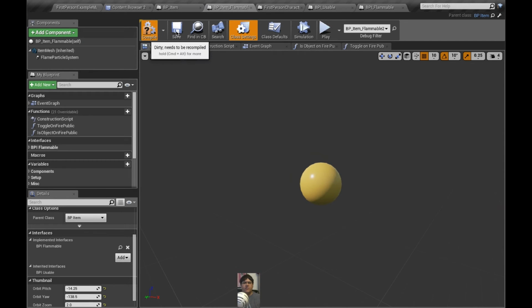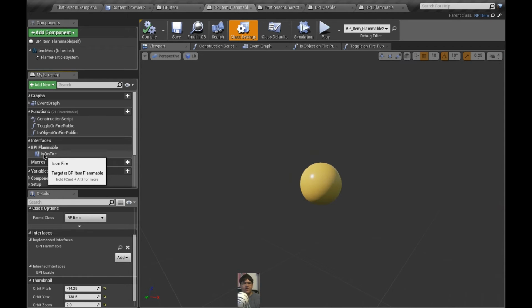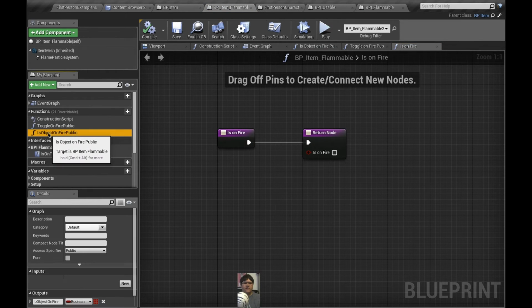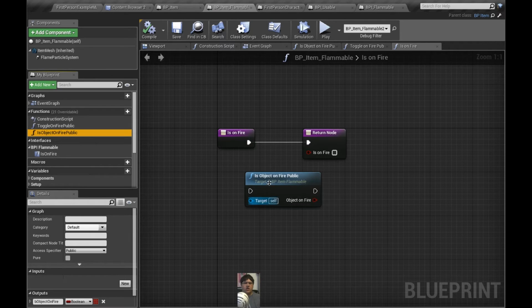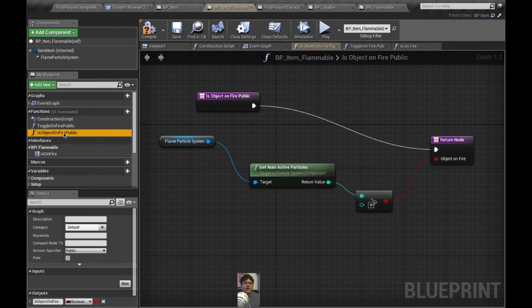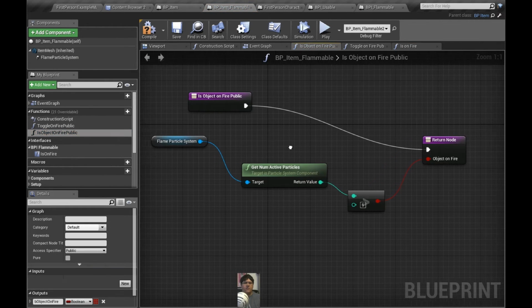So we're going to click compile and save. And now we have this new section pop up in our interfaces. This is on fire. What we did before was basically this is object on fire. We dragged this in and called it, which you can do, but you're basically using a function to call a function at this point. So instead of that, we're going to open our is object on fire public function,